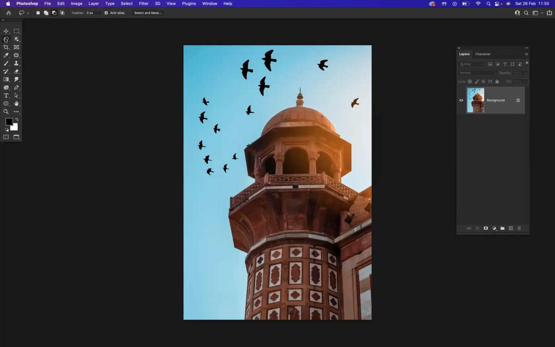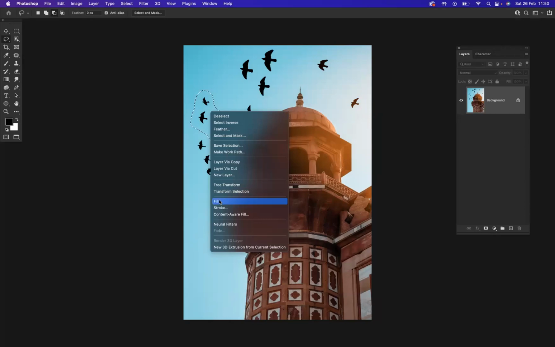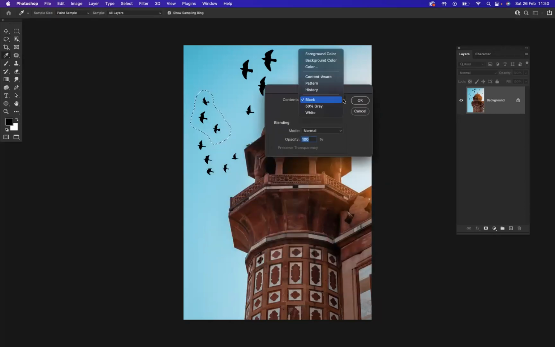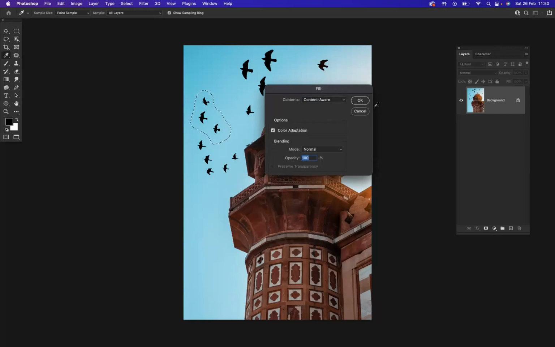What I'm going to simply do is, with my lasso tool, make a very loose selection, like so. I'm going to right click. I'm going to fill this selection. The option that I'm going to use is content aware. So if I now use content aware, if I press OK,